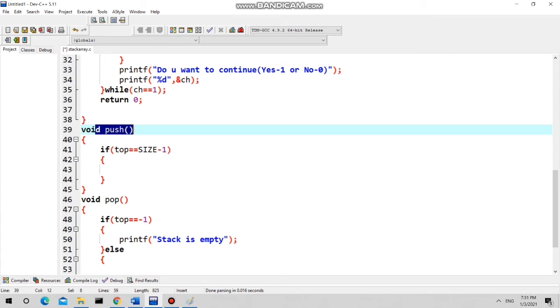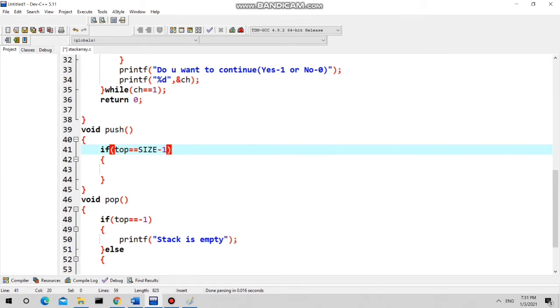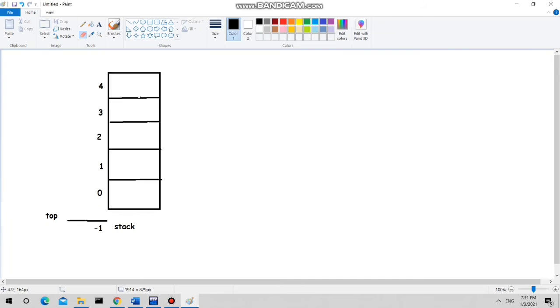But while performing the push operation, is it necessary to check whether the stack is empty or not? No, it is not necessary. Then what you need to check? You need to check whether the stack is full or not, because if the stack is full, you can't perform the push operation. So what is the condition for stack full? Top equal to size -1. Whenever your top will be 4, in this case, that means top is pointing to the topmost element of your stack.